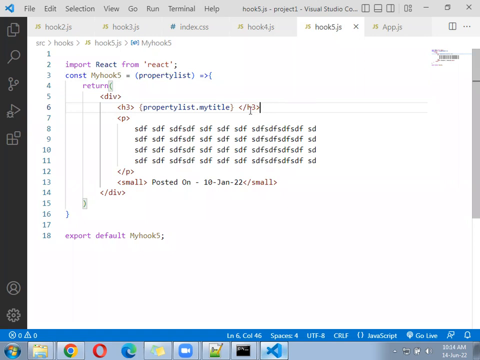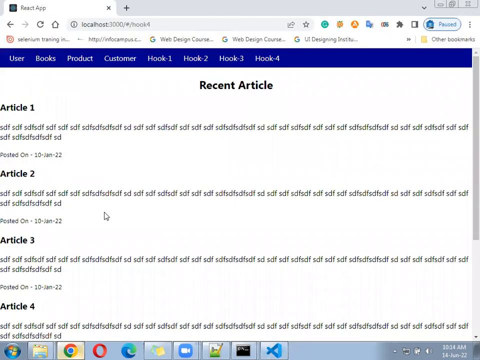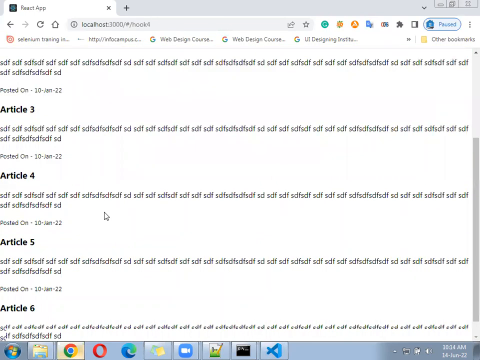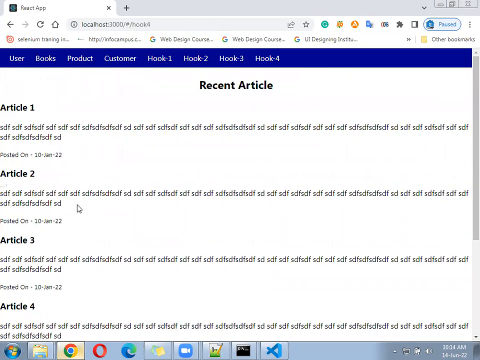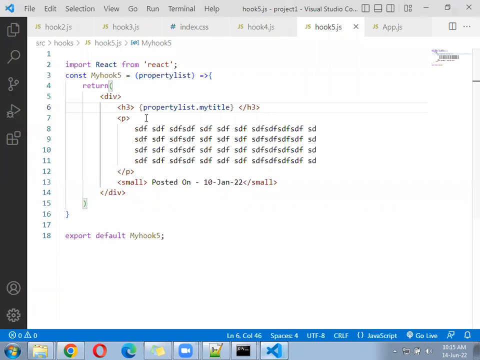Okay, hope ready. Now check. Title is changed or not? Title is changed. So this is called component interaction with the properties. You are communicating from one component to another component with the properties. And if anyone asks, you know props in React, what is the props in React? You can say yes, while sending the data from one component to another component, when we do the component interaction,